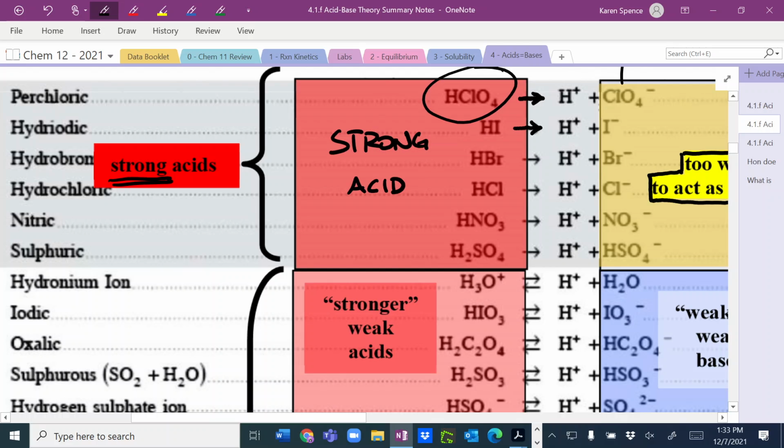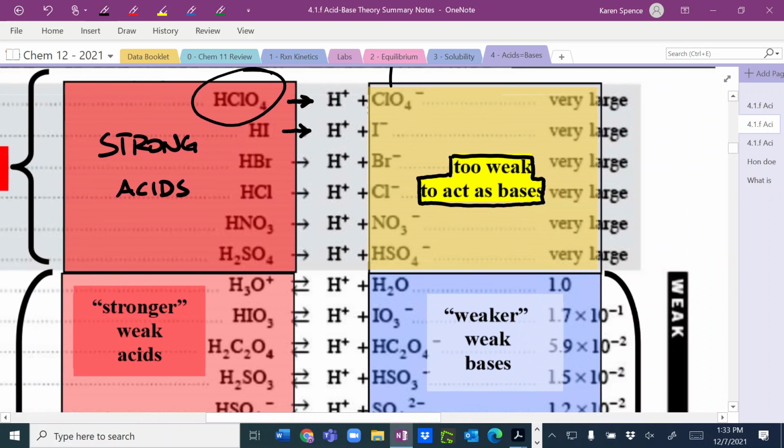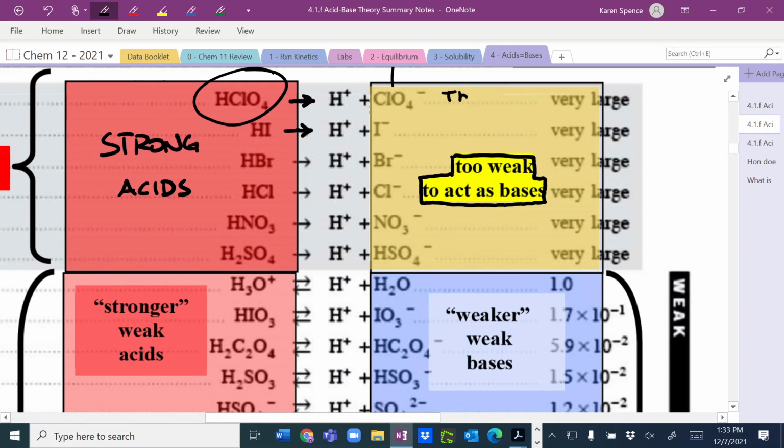Their conjugate bases are too weak to act as bases. So the conjugate bases of strong acids are too weak to act as bases. Now, after we get out of that gray zone,